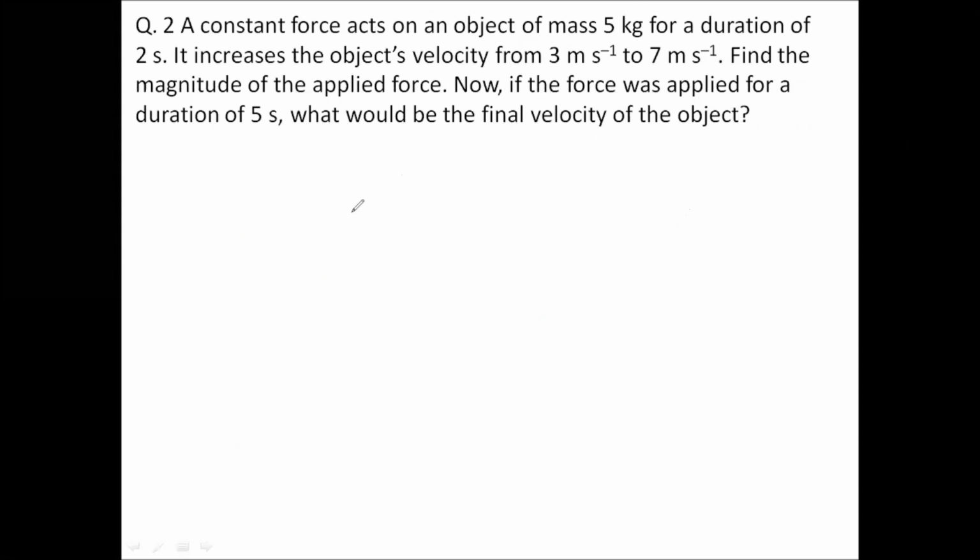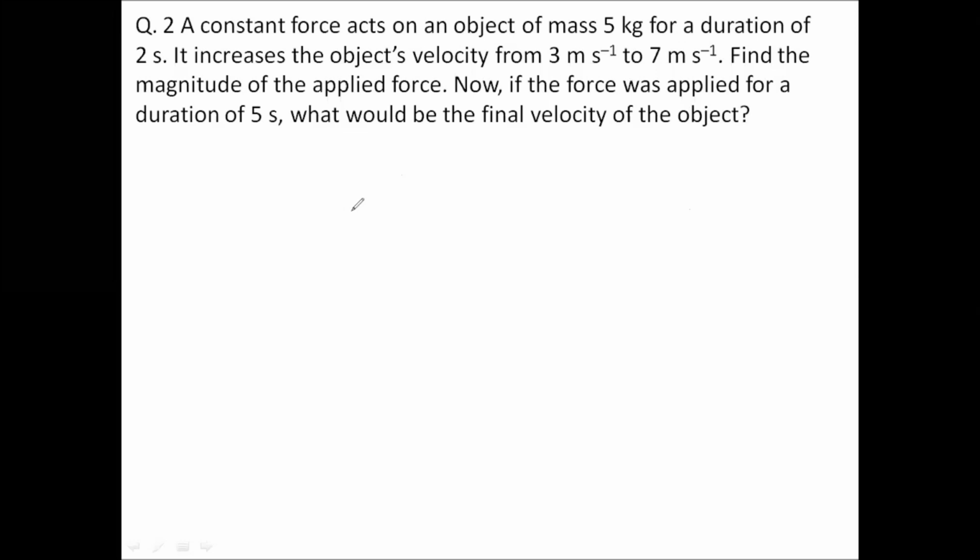A constant force acts on an object of mass 5 kg for a duration of 2 seconds. It increases the object's velocity from 3 meter per second to 7 meter per second. Find the magnitude of the force applied. Now, if the force was applied for a duration of 5 seconds, what would be the final velocity of the